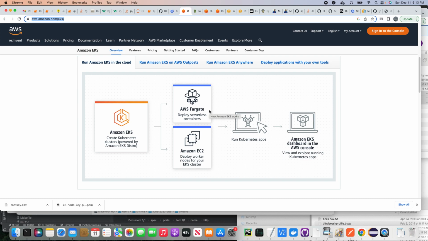Hi friends, today we are going to learn about how we can deploy our Spring Boot application on Amazon EKS. Basically, Amazon EKS is a Kubernetes service that is managed by Amazon. Basically, it's a cloud-based Kubernetes system that will help you deploy your application on Amazon EC2s, or it could be a serverless Fargate